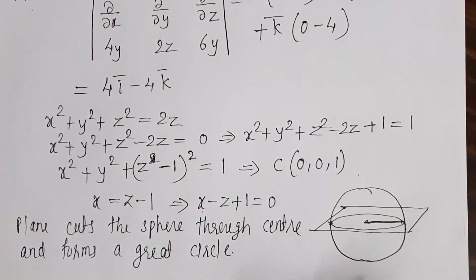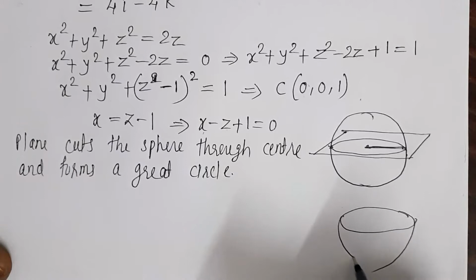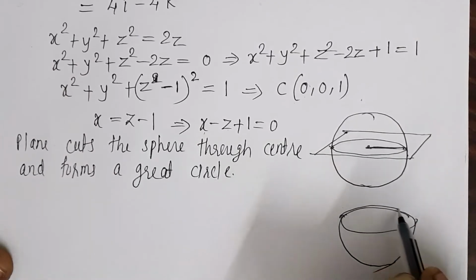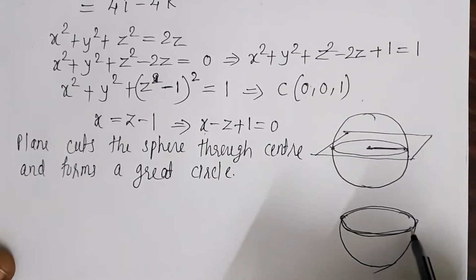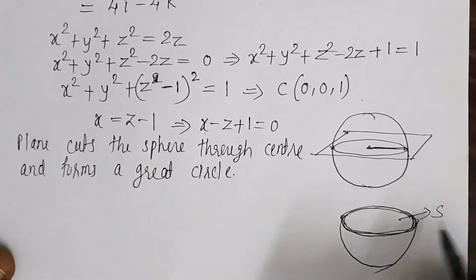Now this great circle we got, this is the great circle. Now that plane cuts this sphere, so we are getting a circle here. So this upper part of this sphere, or upper surface of this sphere, this S, is nothing but the